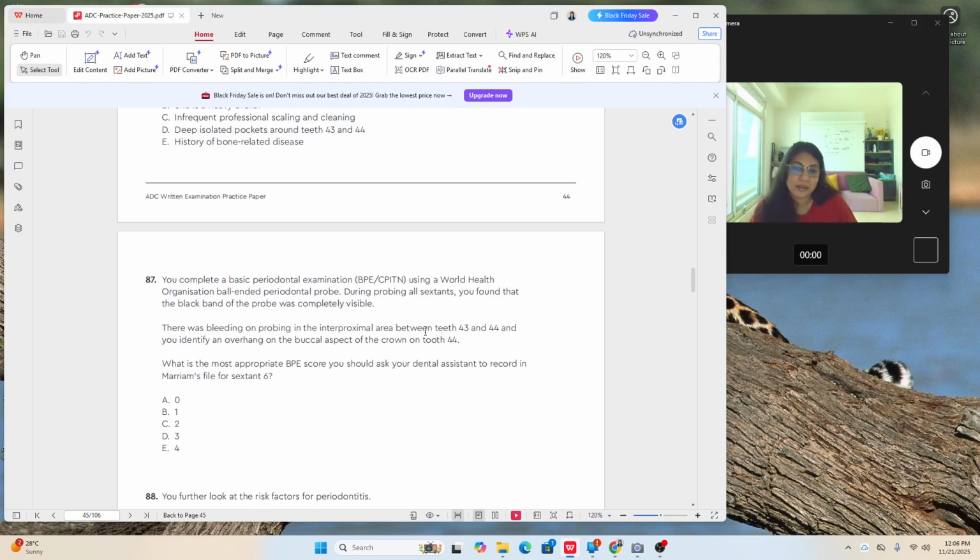Between the interproximal area of 4.3 and 4.4, you identify an overhang on the buccal aspect. So there is now an overhang addition. So 0 is out, 1 is out, and the answer remains 2, correct? 3 and 4 are not a concern because the black band is fully visible. So now that you know that the black band is fully visible and there's bleeding on probing and there's an overhang,